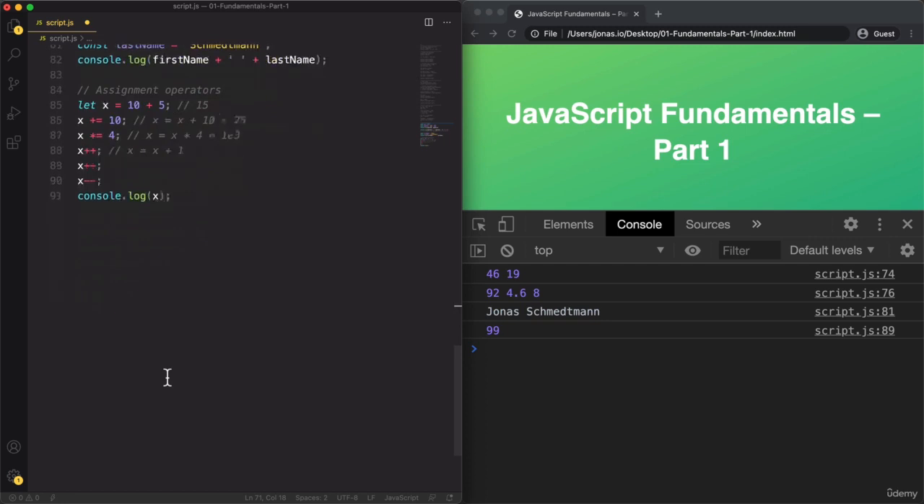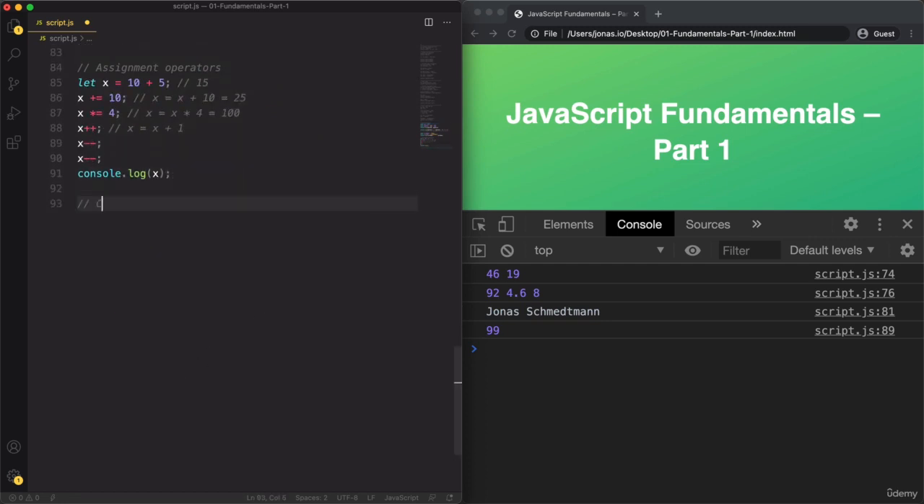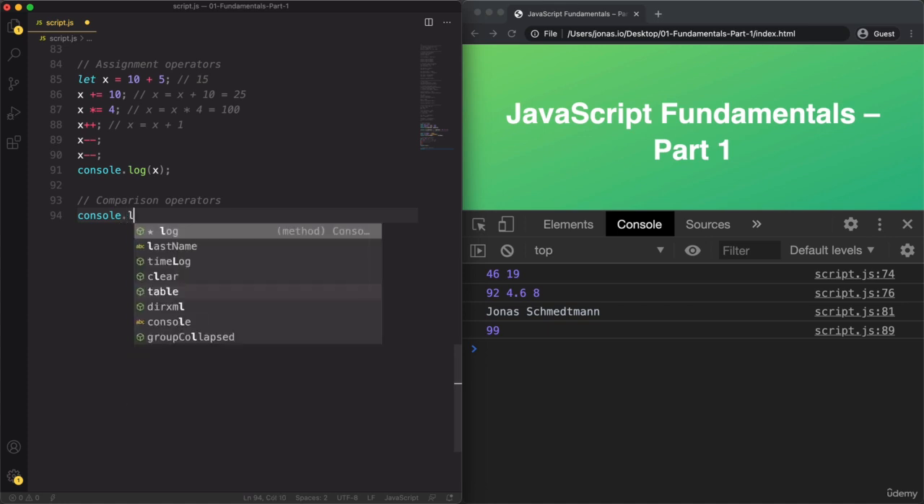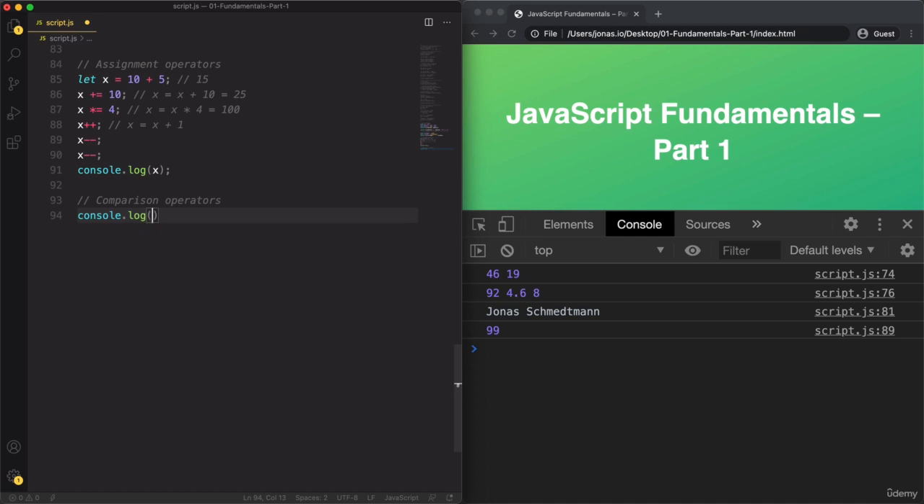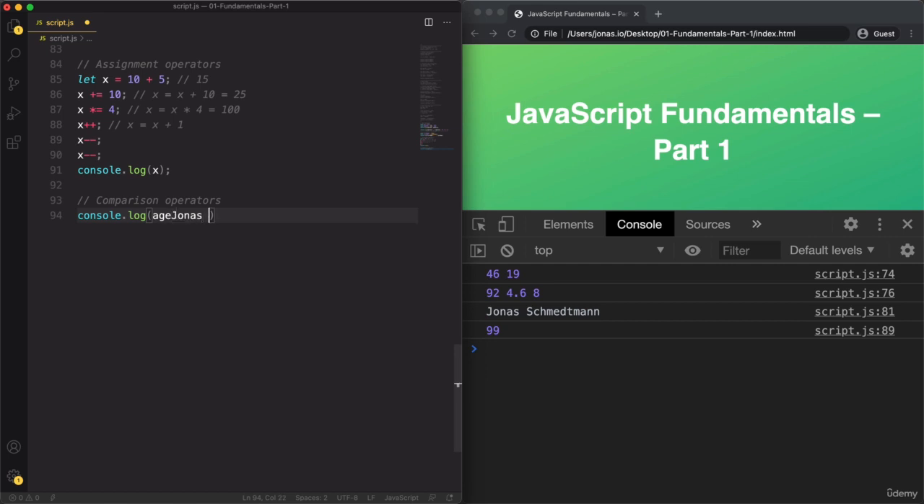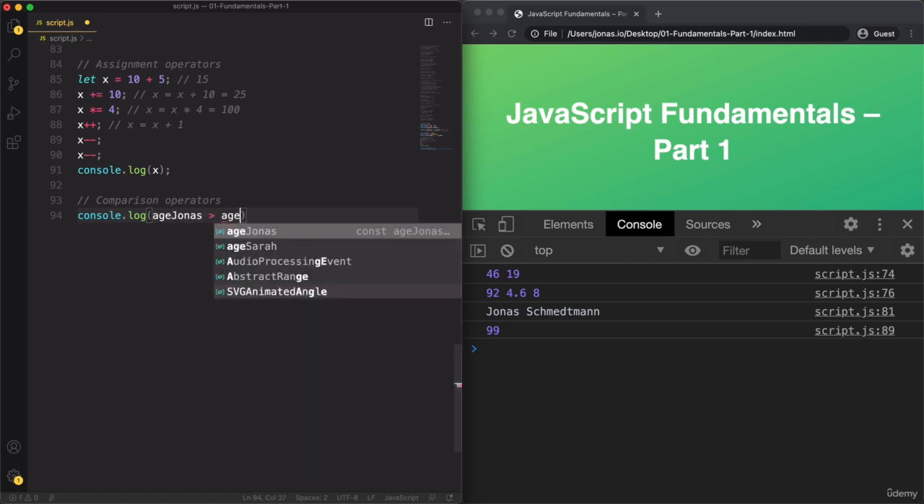And so now let's talk about comparison operators. And these are pretty great. So basically we use comparison operators to produce Boolean values. So let me show you how that works, and then I'm sure it will make sense that the result of a comparison operator should be a Boolean. So let's say we are trying to figure out if the age of Jonas is greater than the age of